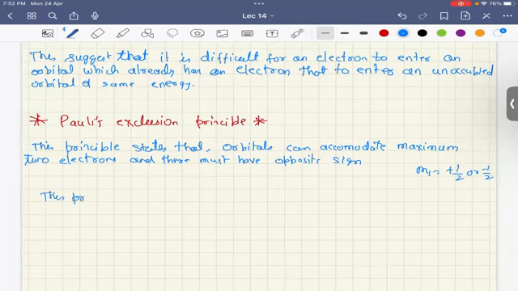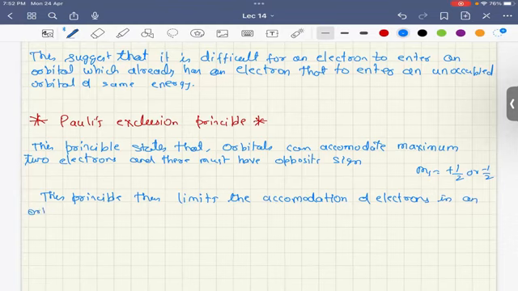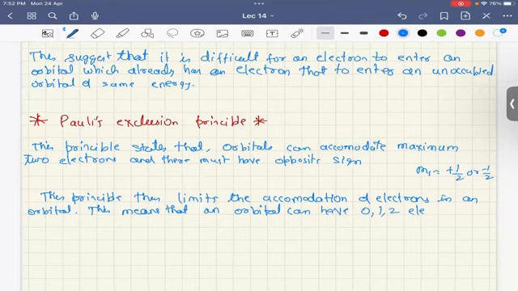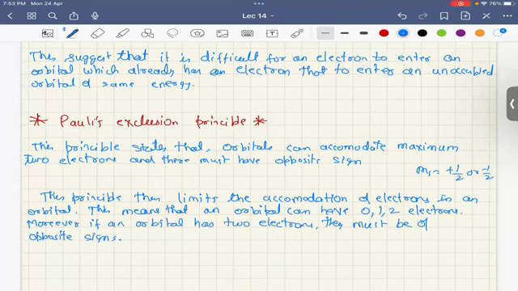So this principle thus limits the accommodation of electrons in an orbital. This means that an orbital can have 0, 1, 2 electrons. Moreover, if an orbital has 2 electrons, they must have opposite spins. So in this class, what we have seen about the